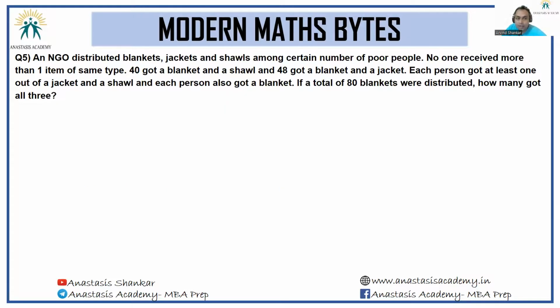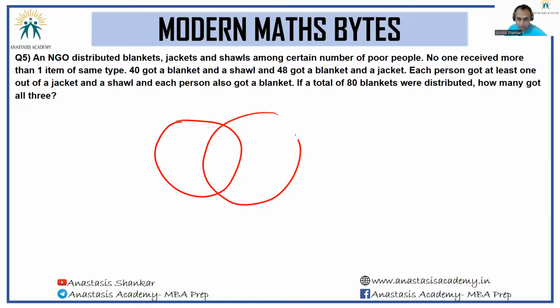An NGO distributed blankets, jackets, and shawls among a certain number of poor people. No one received more than one item of the same type. Okay. 40 got a blanket and a shawl. 48 got a blanket and a jacket. Each person got at least one out of jacket and a shawl, and each person also got a blanket. If a total of 80 blankets were distributed, how many got all three? Okay. Where is this going? Manage with this, please. I have blanket,